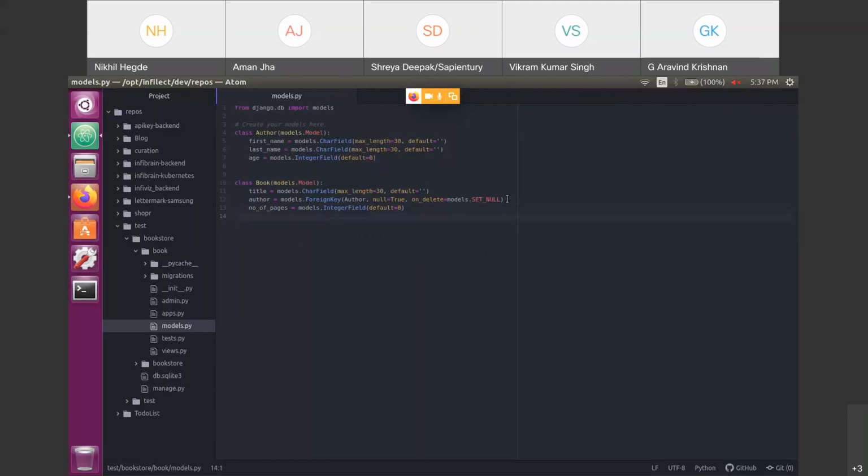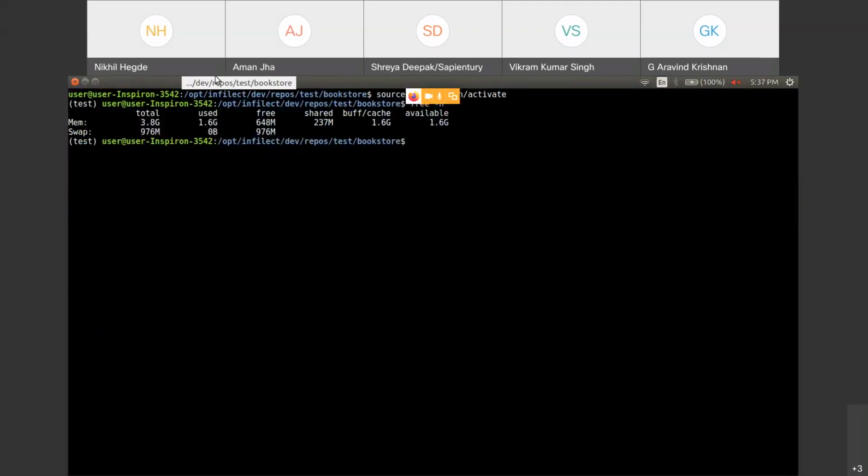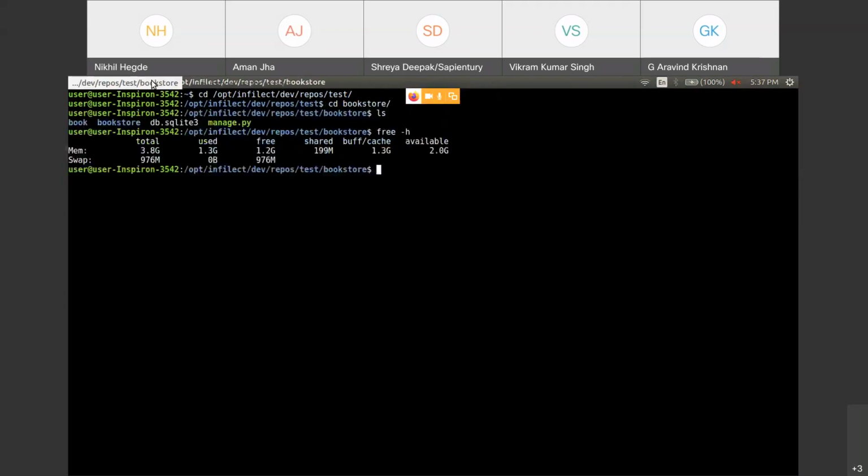Now, you remember yesterday when I created an author table, I migrated and applied those changes to the database. So here also I'm going to do the same thing.